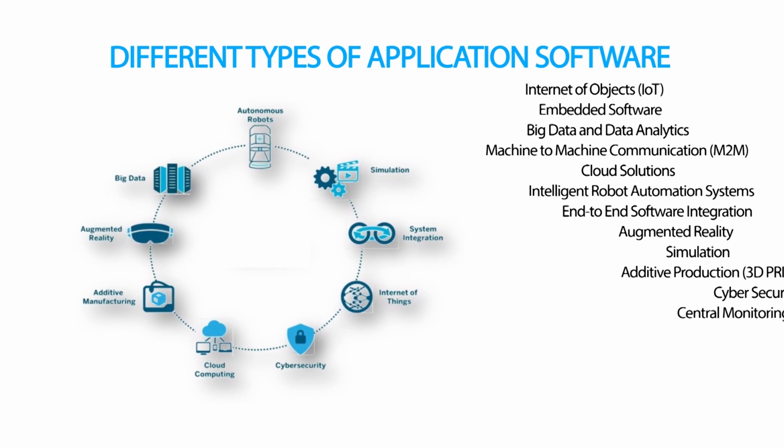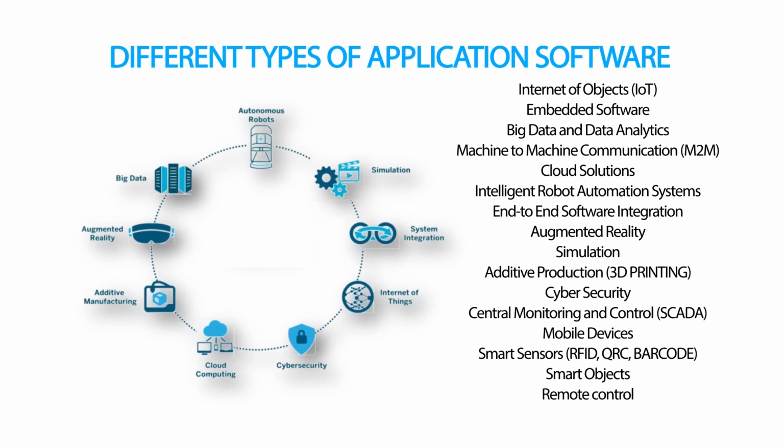So if you talk about the types of application software, in the present scenario the application software is changing with the way technology is coming up, because we are now talking about the Internet of Things and big data analytics. And when you talk about big data analytics, we know that data converts into information and that information becomes useful. But going into the backdrop of computers, the genesis behind the computer is the garbage in, garbage out philosophy. The manner you put in the data, you get the result in that manner. So big data analytics is nothing but how you streamline gigantic data.